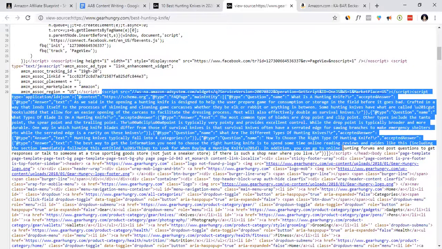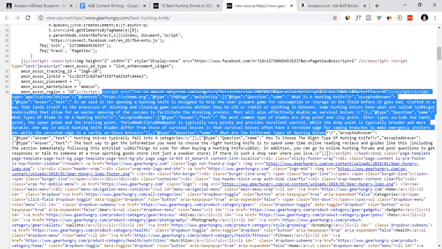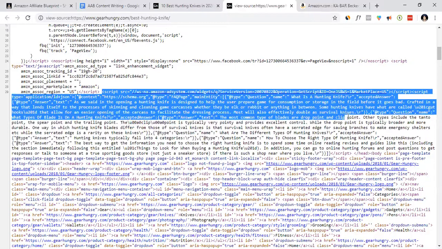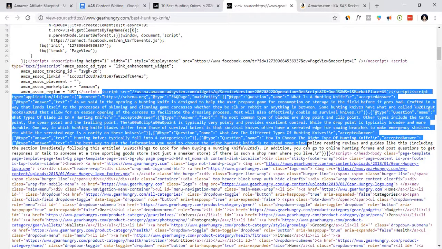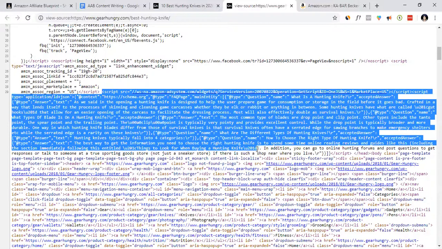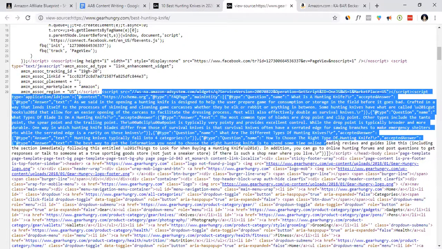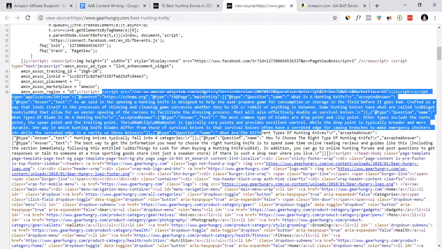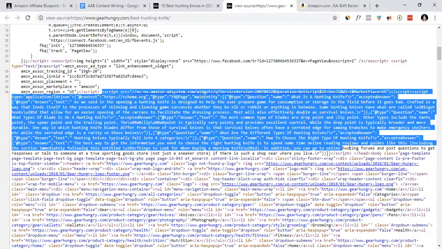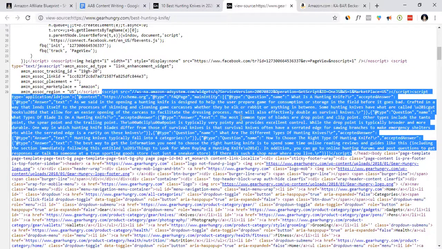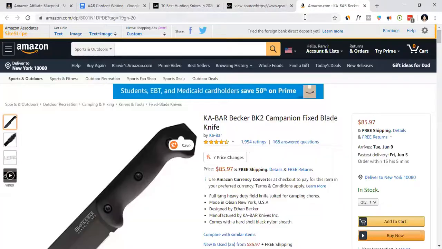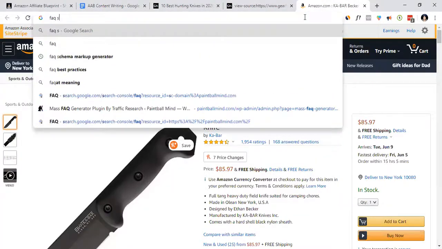The code that I showed in the earlier part of the video is the code that you can use. Actually, that's not a program, right? This is the code that they are using to call the schema from here to here. So how can you generate it? Just search on Google for FAQ schema